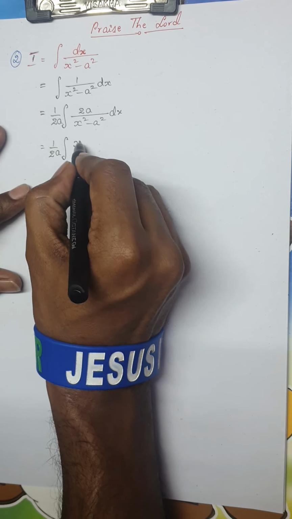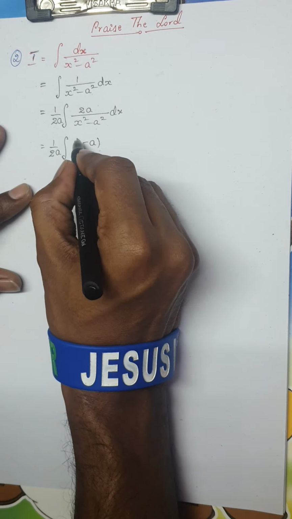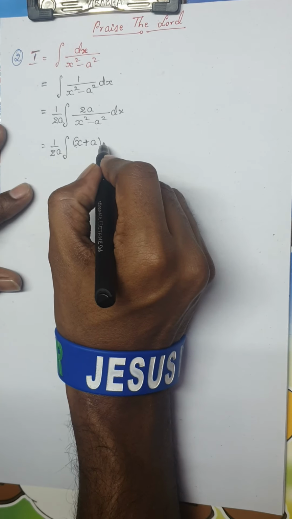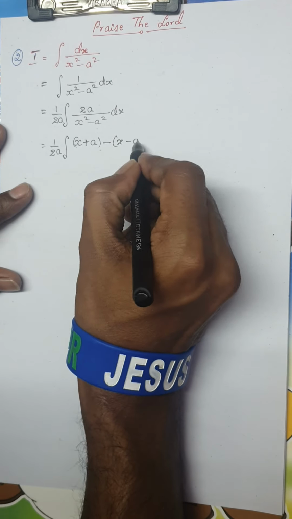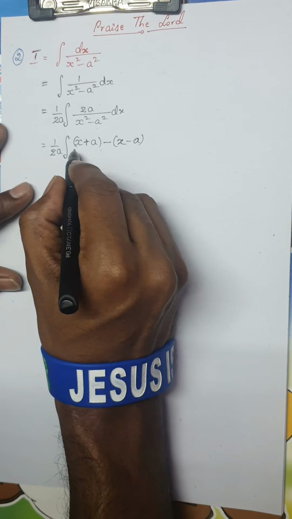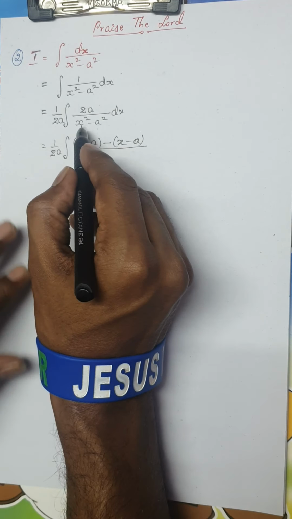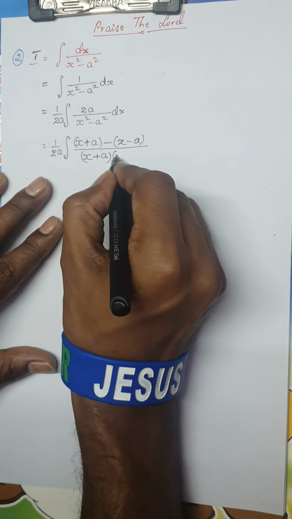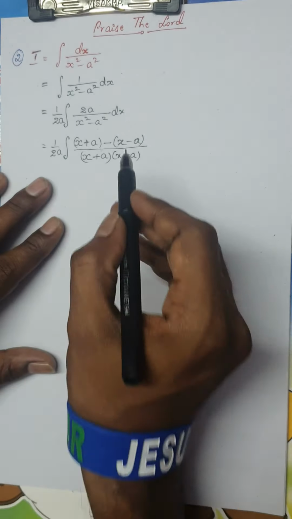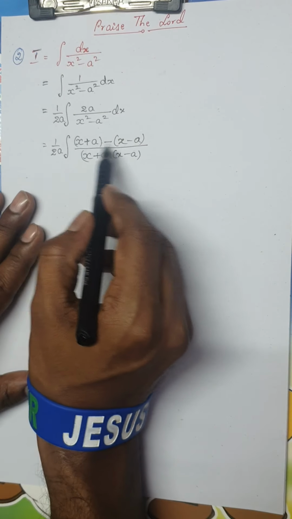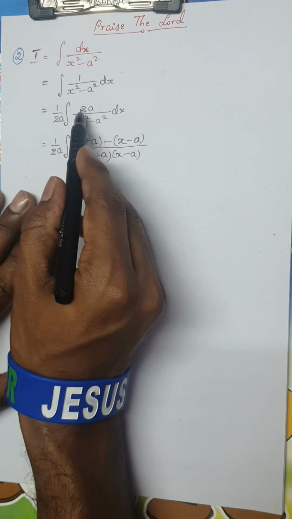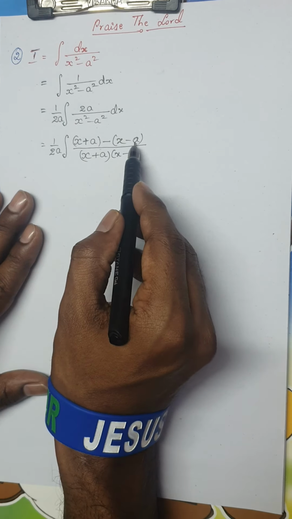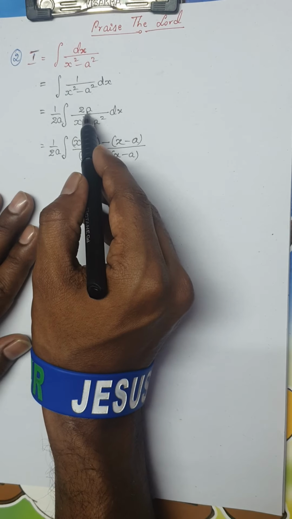See what I'm going to do. Small arrangement this is. So it is x plus a, x plus a minus of x minus a. See what happens here. Why I write this is because the denominator is of the form a square minus b square. This can be written as a plus b into a minus b. Is it clear? Therefore, I am just making some arrangement here. If you solve this, remove the bracket, you will get back the term. x minus x will get cancelled and a minus of minus a becomes 2a. I will get back the previous step.